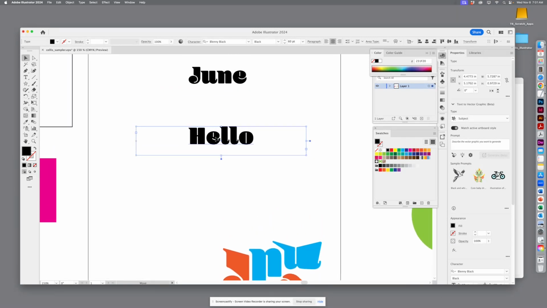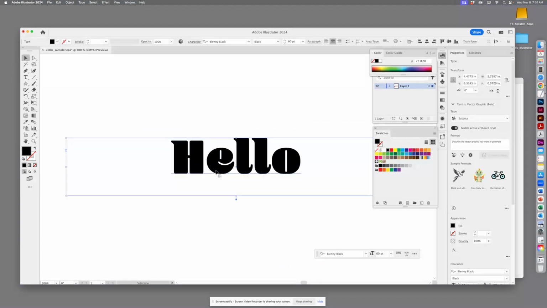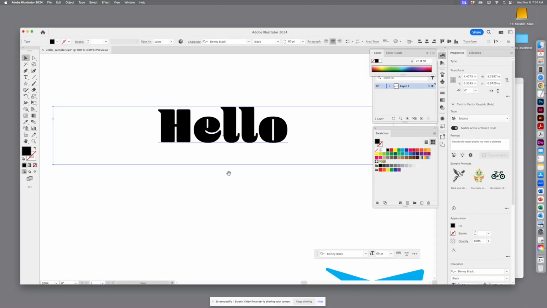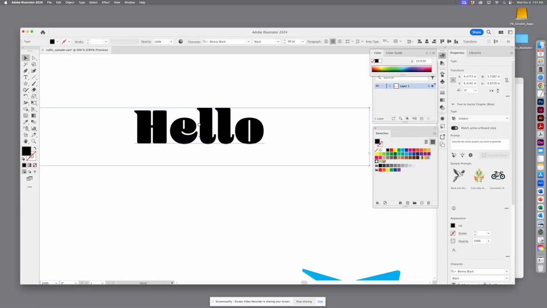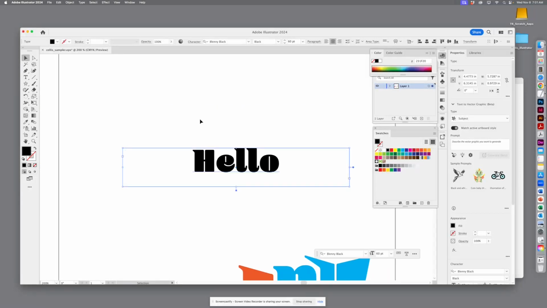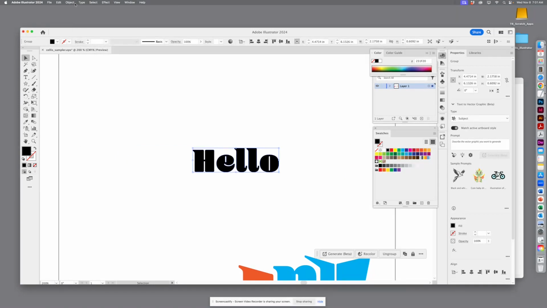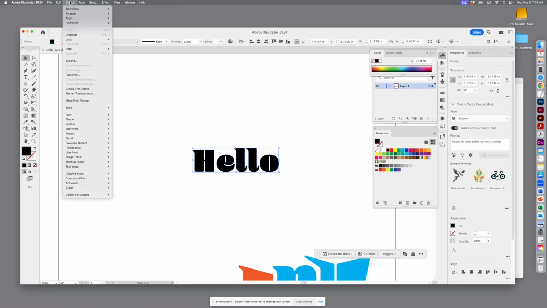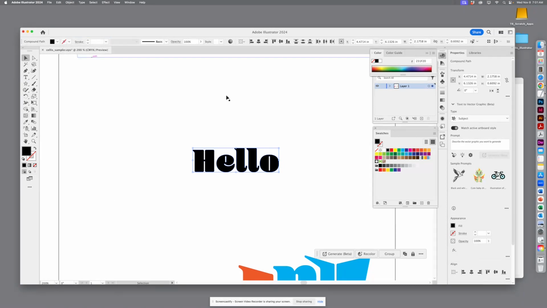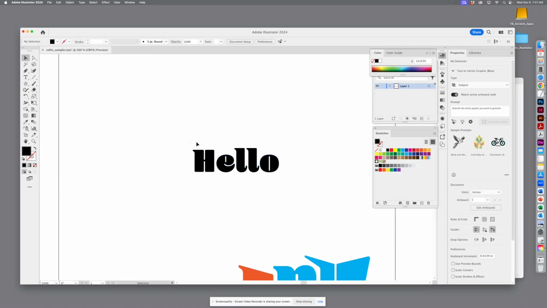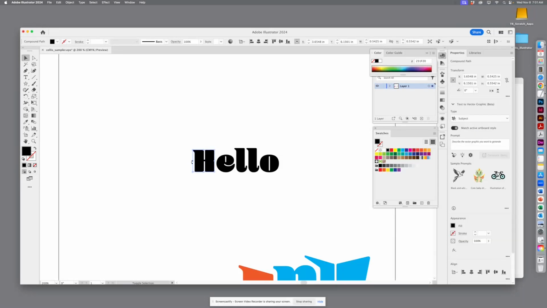Okay. Command plus, command minus works also in Illustrator, right? So I've selected my type. Then I'm going to make sure it's selected, and I go to Type, Create Outlines, and then don't touch it. You go to Object, Ungroup. Okay. Then you can click away, and then now